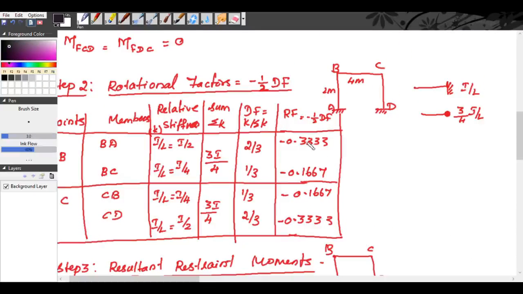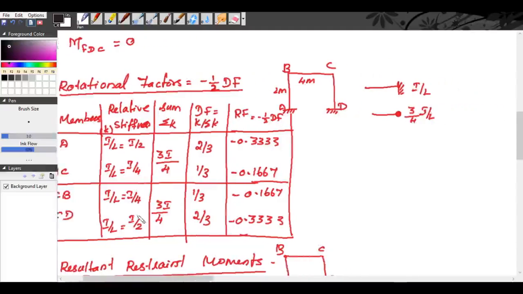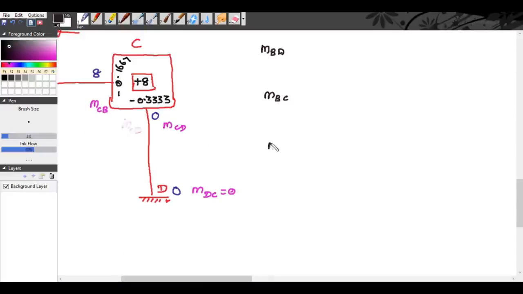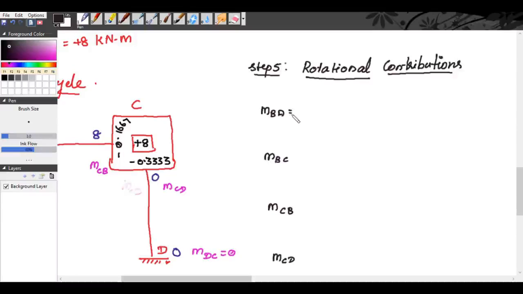So there are only four rotational factors. So there will be rotational contributions only from these four cases. That is BA, BC, CB and CD. So for whatever members we have determined the rotational factors, these members are responsible for rotational contributions. So MBA, MBC, MCB and MCD. So we know the formula for rotational contribution as MBA will be equal to